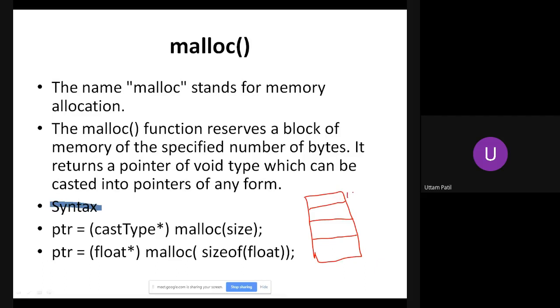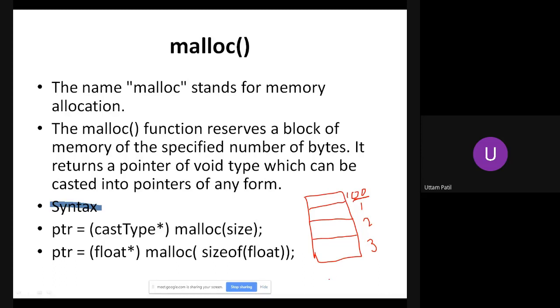Let me say this is with the address 100, this is 101, 102 and 103. So 4 continuous bytes will be allocated to your program, and this malloc returns the first address. It returns 100. So since it is sizeof float, it is 4 bytes. From the memory location 100 onwards, 4 bytes are allocated to your program.